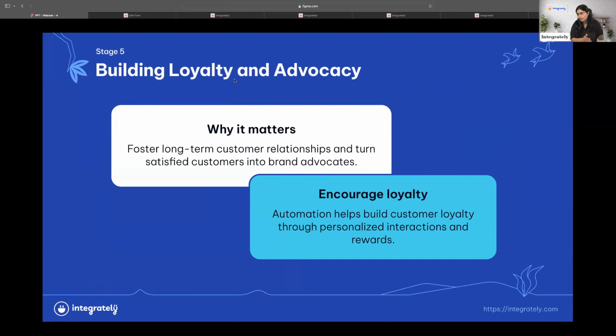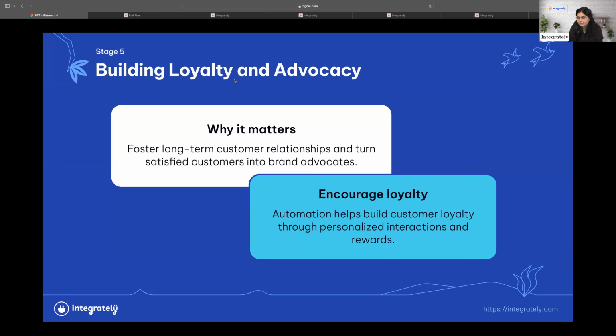Now we'll talk about building loyalty and advocacy. So we have gone through all the process. We have onboarded the customers. We have made them convert. Everything is done. But ensuring that you get more out of the existing leads that you have, since our webinar's theme is double your conversion and not your spend. So this is how you ensure that you are doubling your conversion. You turn your existing customers into your loyal users, and then going further, you turn them into your brand advocates, because that's how